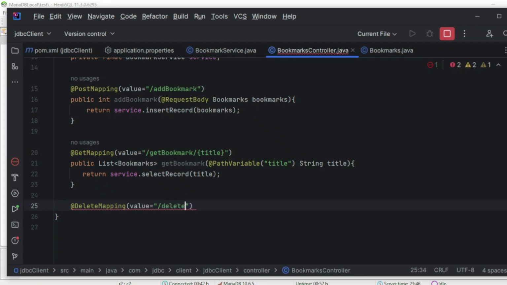delete bookmark. Here let's add two things. Okay, title and URL. This way I can take a request body as well. I can take public int delete